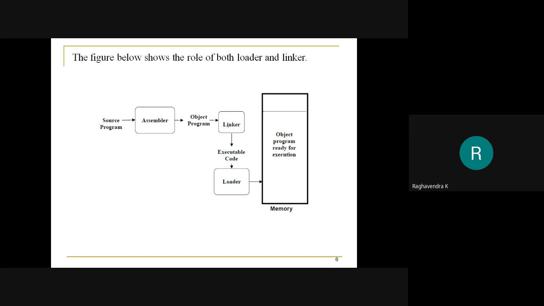When it comes to advanced tasks, the advanced task may be considered as linking. In that case, the process would look something like this. A source program is converted into an object program, but that object program requires another object program, maybe some other function, subroutine, or library program.